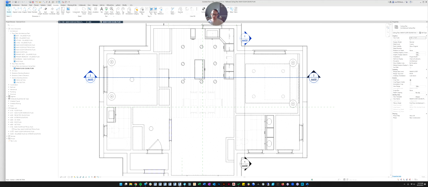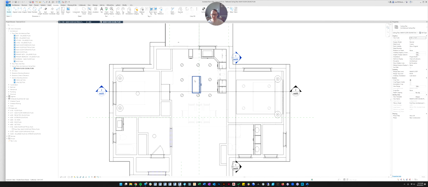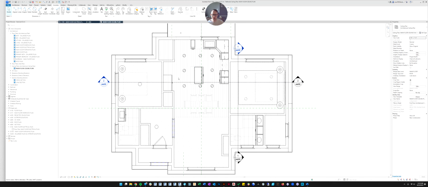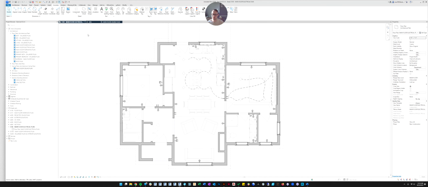The other thing that's annoying is, you remember we had to turn on and off the backgrounds because things were hosting to the wrong place, and we had to flip. If we want to place lights, you have to go to the ceiling plan. If you want to place the electrical outlets, you're in the electrical plan. So you're bouncing back between plans, which is also frustrating. And you're trying to keep track of what things are hosting to. And all of that is fixed with good families. So I'll show you some examples of that.